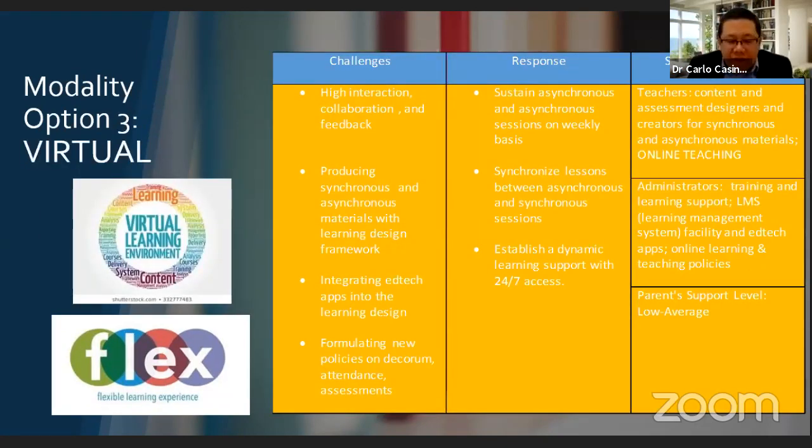Moving on. This time, let's look into the perceived challenges of virtual modality. As I've said, this is the focus of my webinar today. But let's have first a macro perspective of what virtual modality is, okay? So virtual modality,